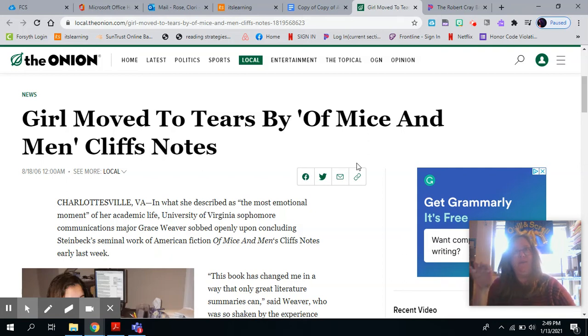So, what you have to do when you're analyzing and looking at satire is realize that the humor is the strategy. The satirical nature of the piece is the strategy, but the criticism, the thing that should be changed, that's the argument. So instead of saying that the argument in this is that the Cliff's Notes for Of Mice and Men is good, you would want to elevate into meaning and say that the meaning of the text is to criticize the act of using Cliff's Notes in a scholarly setting.